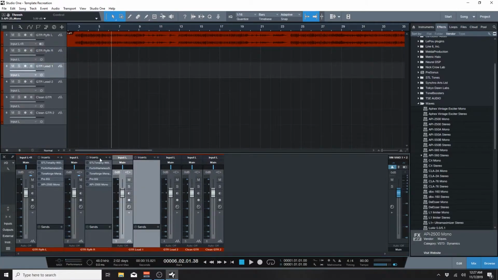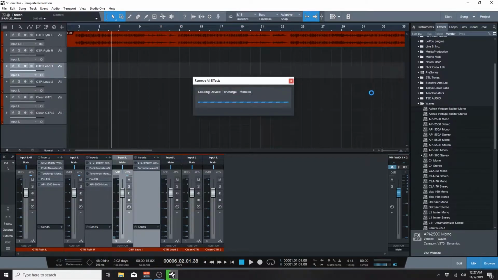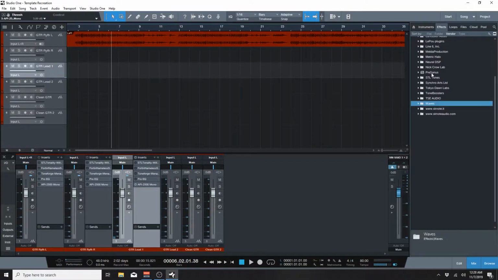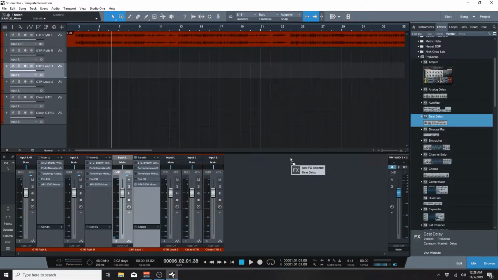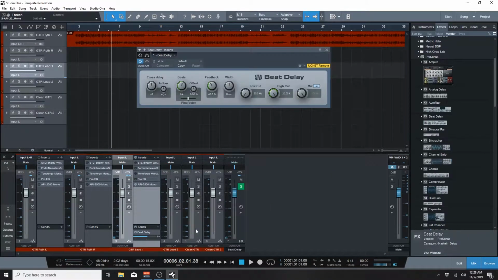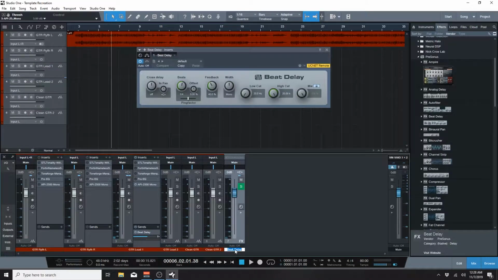Let's do a lead. We'll probably use one of these same guitar VSTs for the lead, but what's going to be different about the lead tracks is that I'm probably going to end up using a delay. I'll send that to a send, and you'll notice that a new effects track opened up called beat delay. I'm going to call that guitar lead